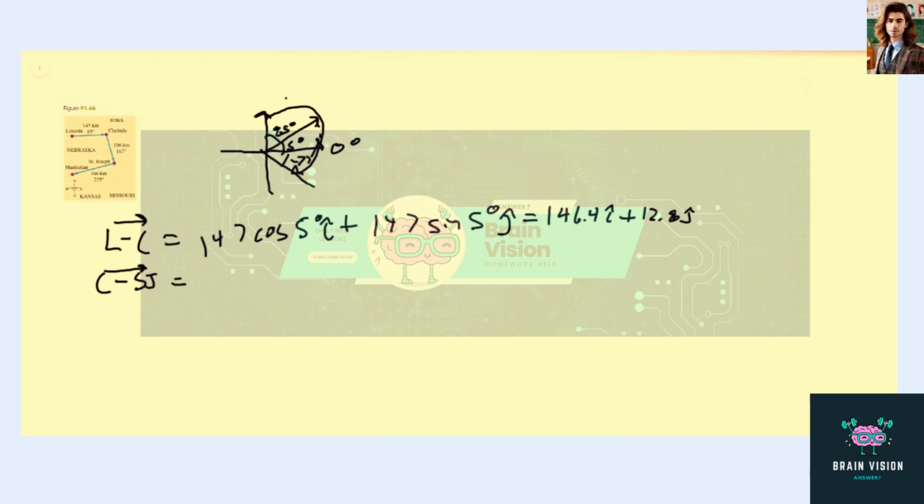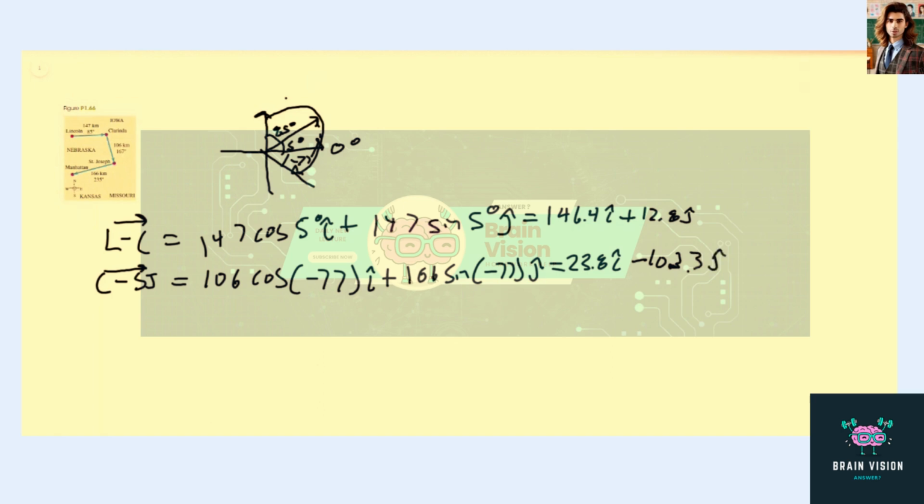So I can write this as 106 times the cosine of negative 77 i hat plus 106 times the sine of negative 77 j hat, which equals 23.8 i hat minus 103.3